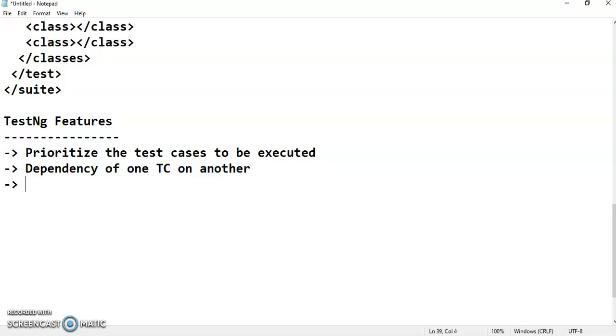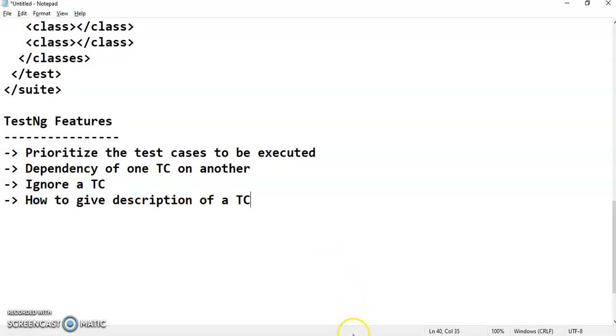Third one, ignore a test case. Fourth one, how to give description of a test case. Okay, so let's see one by one.